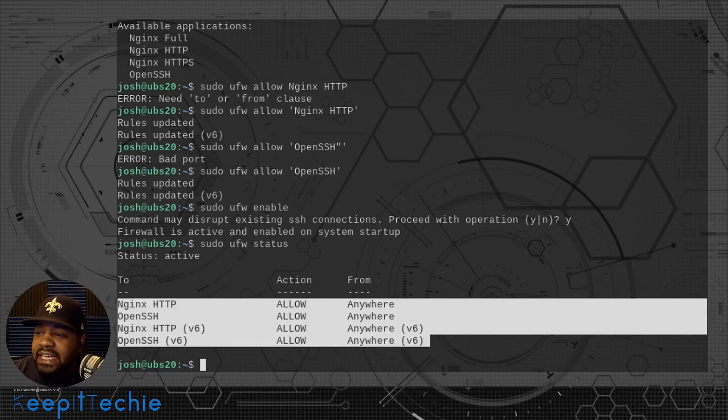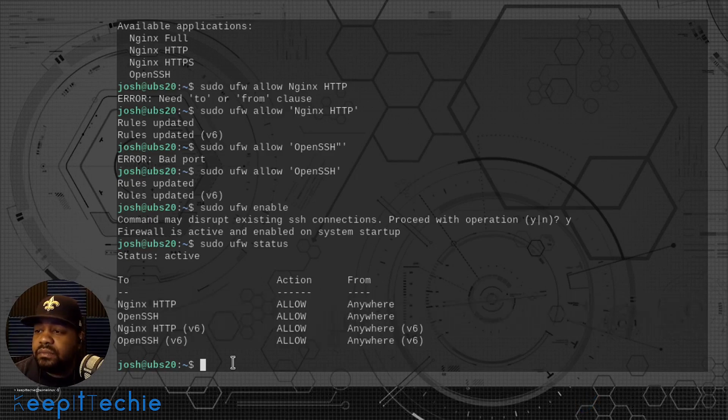So we got the Nginx HTTP and the OpenSSH ports, as well as the IP version 6 versions of those, which is fine. So let's move on to the next step, and that's by simply checking that the Nginx server is actually running. We can run those